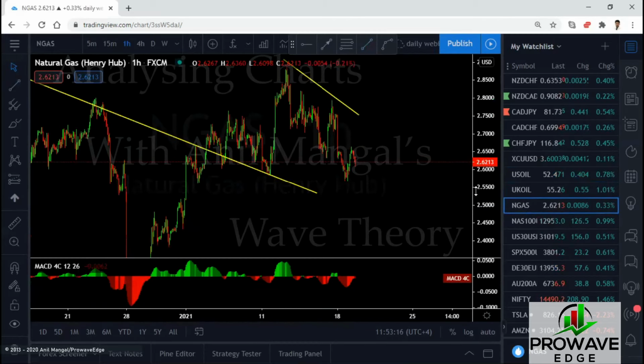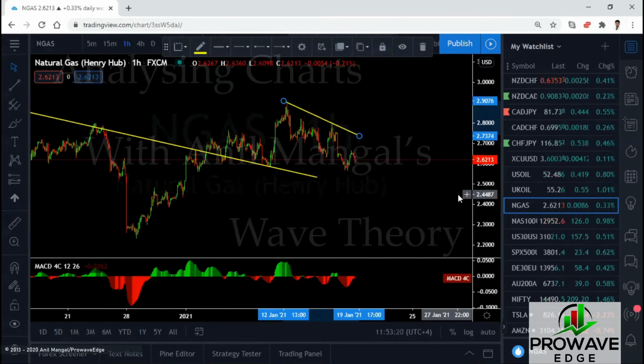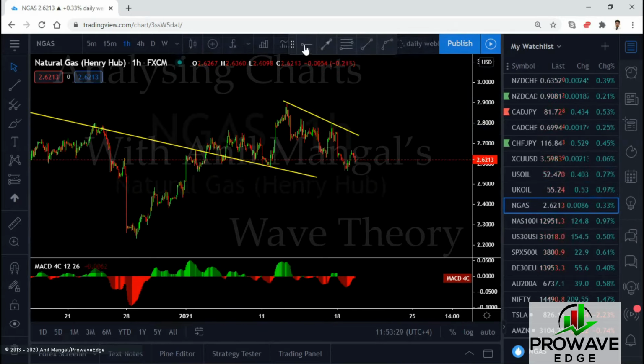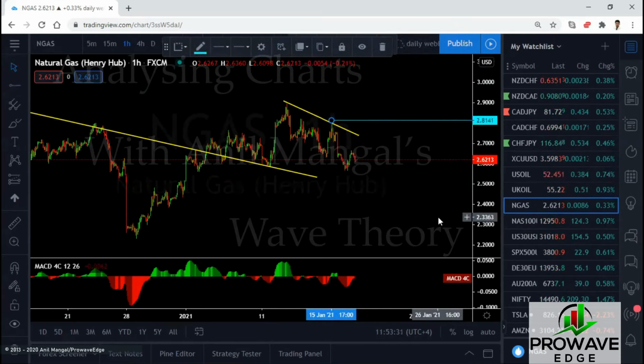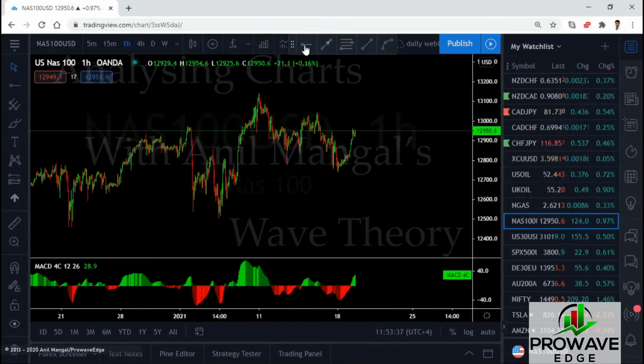Natural gas, still coming down. No trades. We can't trade anything here. Let it break the low. You don't have setups for sells. We can only go for buy setups, which means you can put an entry order here if they break out. If they're going down, ignore the sell. Look for buy setups here. Oops, sorry.